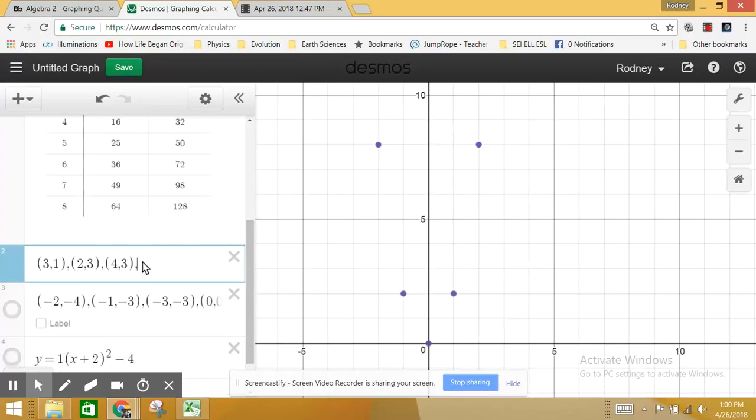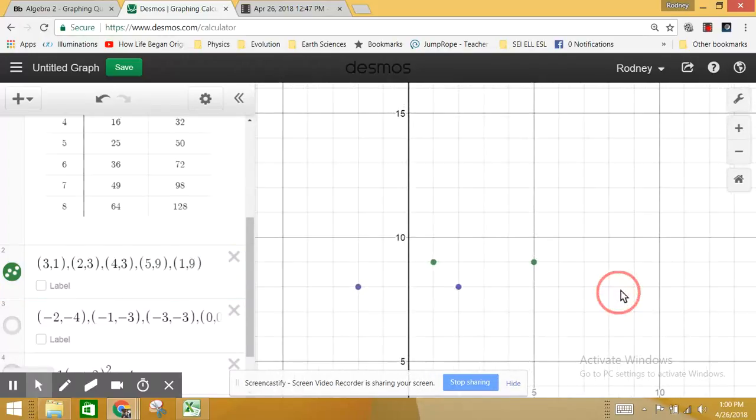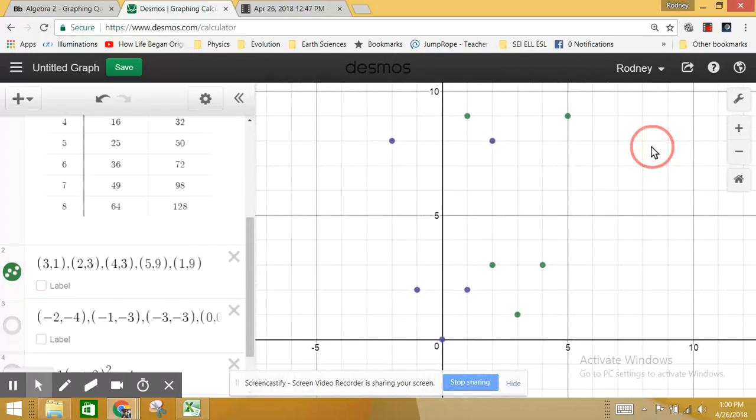So we'll test it out. 5, comma 9, 1, comma 9. And if we move down a little bit, okay, so we have something that matches this pattern, just over 3 and up 1. Okay, because our h is 3 and our k is 1. So let's go ahead and test this parabola. I could keep going, but